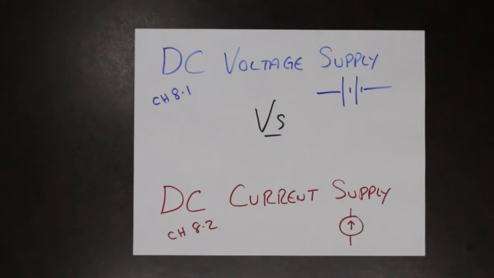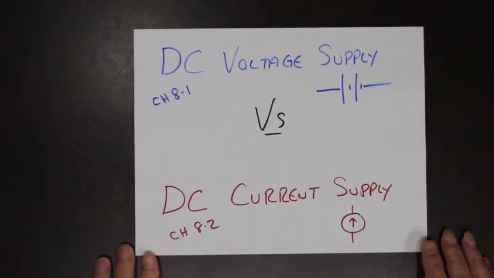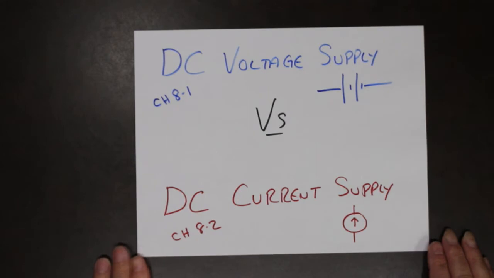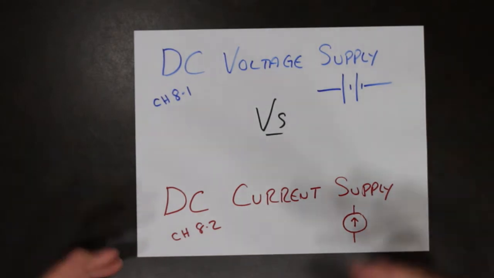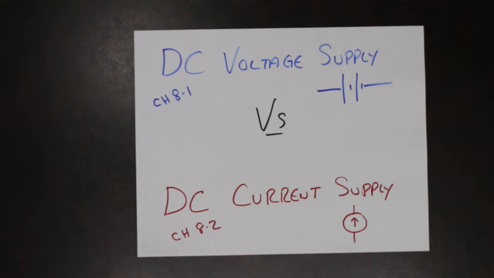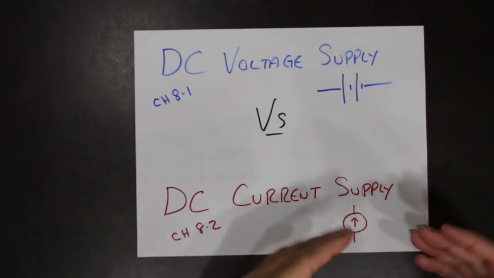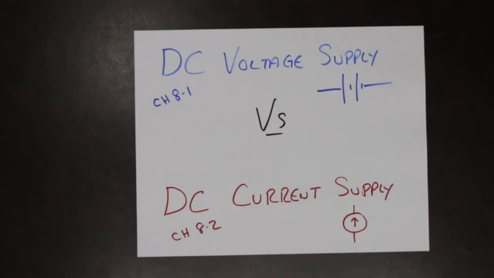Today what we're going to be talking about is the DC voltage supply versus the DC current supply. Basically, a supply of energy to a circuit can be represented as a voltage supply, or it can be represented as a current supply. So what's the difference? Well,